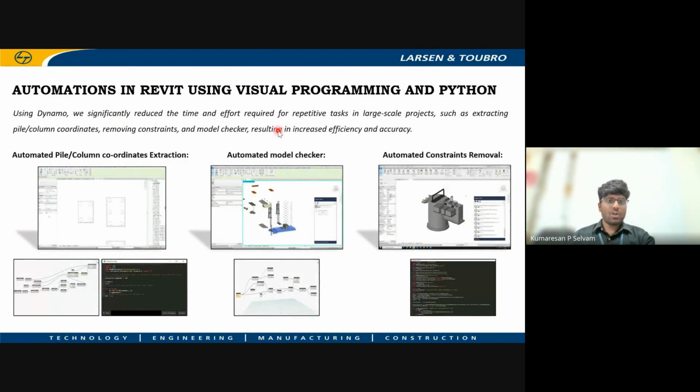And some of the automations using visual programming and Python. This is an automated pile and column coordinate extraction. The coordinates of the pile columns are actually required, because you have to locate exactly on the site where that pile column has to come. All this you have to record exactly as per the coordinates.